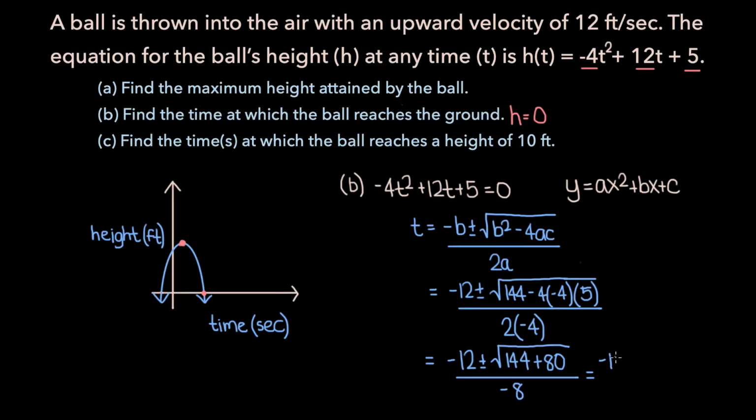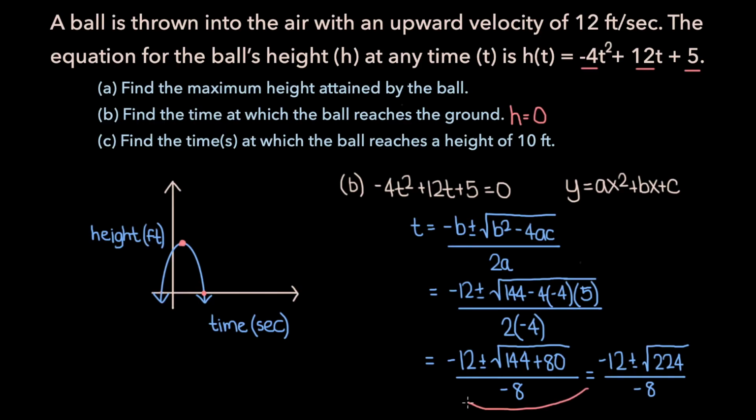What we have here is negative 12 plus or minus the square root of 144 plus 80, which is 224, over negative 8. Now, it turns out here we can actually ignore the plus in the plus or minus because negative 12 plus root 224 gives us a positive number, and a positive number over negative 8 would give us a negative value for time. And that negative value for time is this x-intercept right here, and we already said we would ignore that because time can't be negative. So instead, we're just going to focus on the minus in the plus or minus,